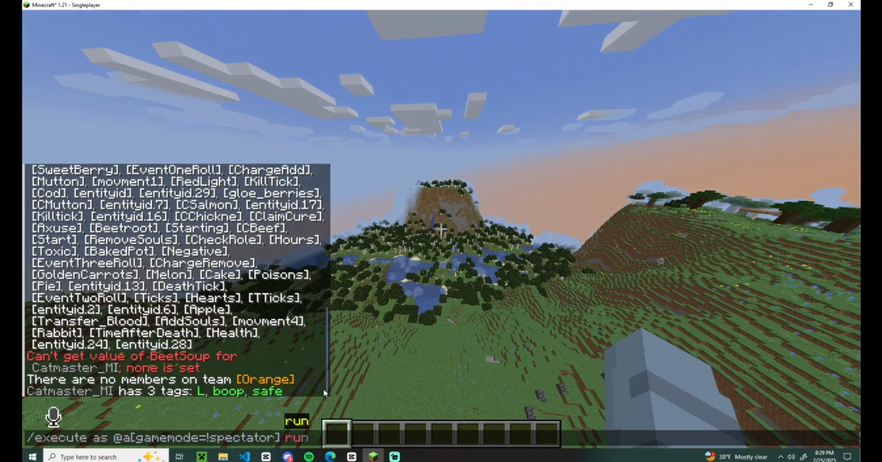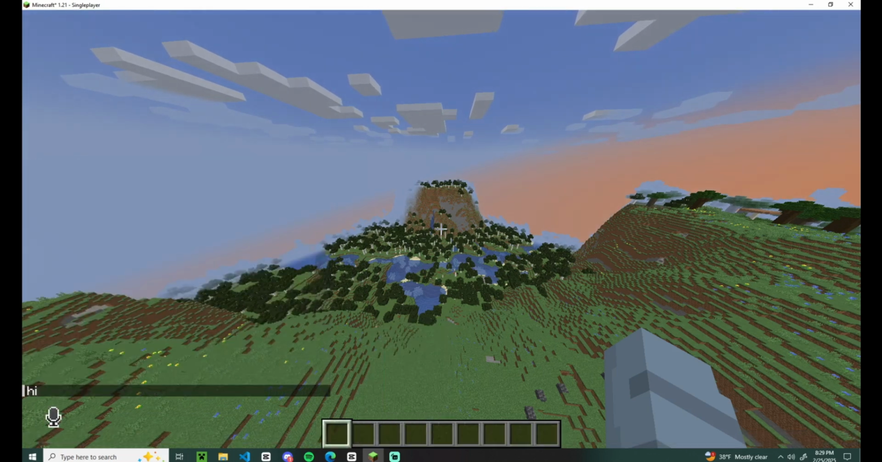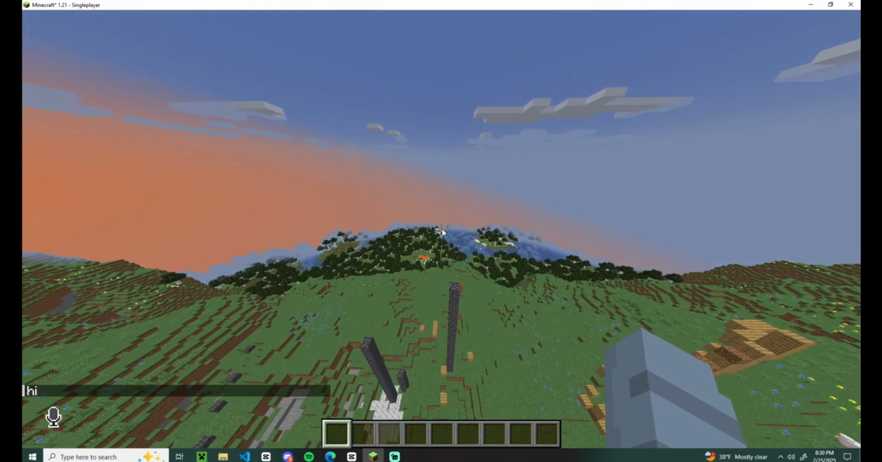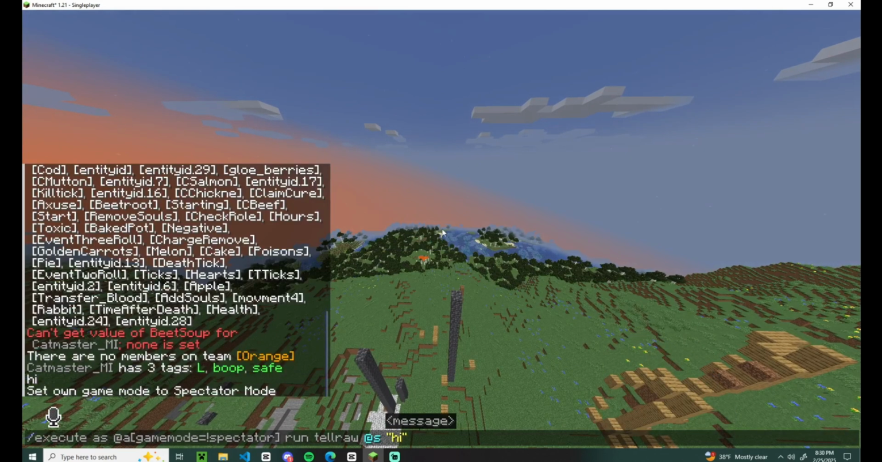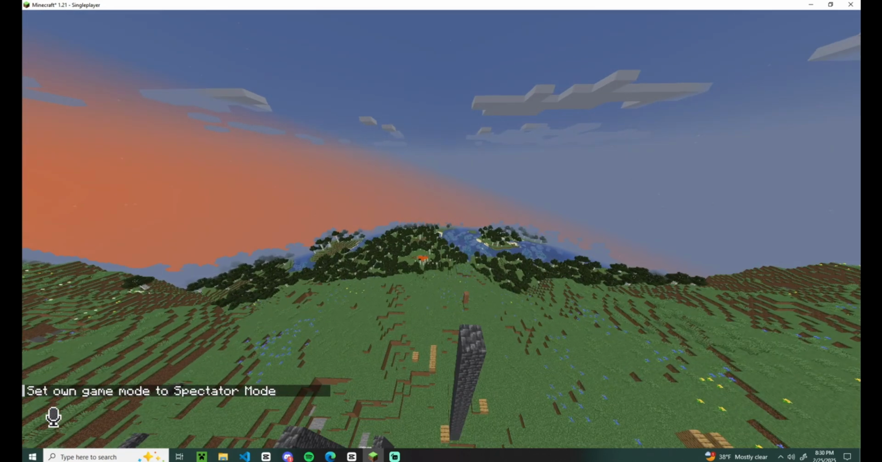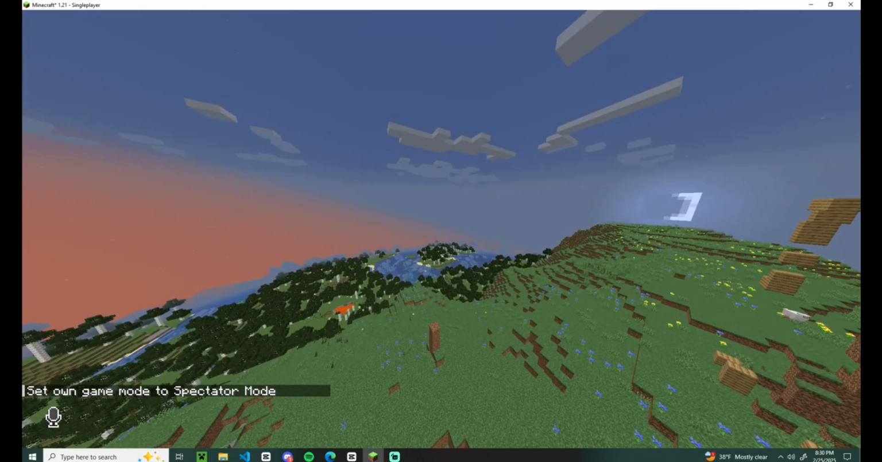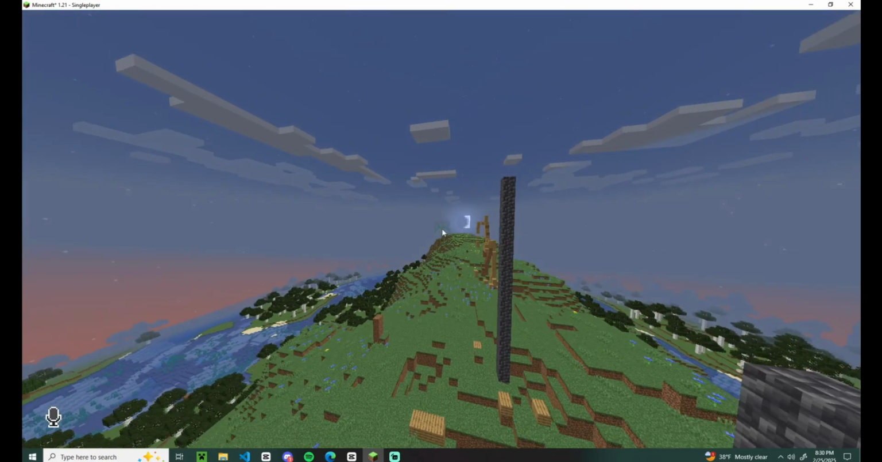run tellraw as, hi, and it'll tell me hi because I am not in spectator. But if I go in spectator and I run the command again, it doesn't do anything because I am now in spectator. I think that is the basics of coding,